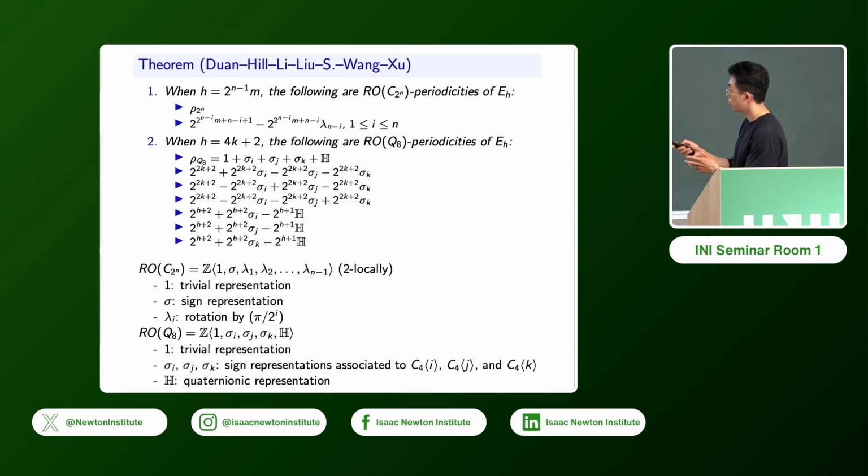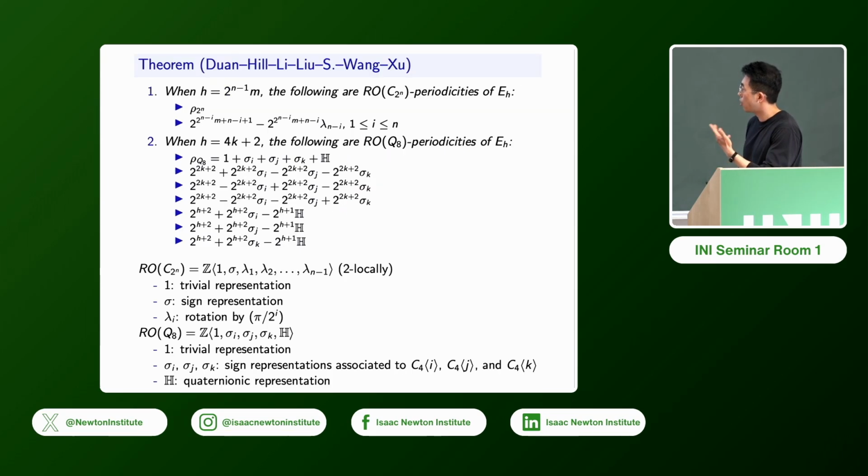And what do the symbols mean? RO(C2n) is generated by 1, the trivial one, sigma, the sign representation, and a bunch of rotation representations. And RO(Q8) is generated by 1, 3 sign representations associated to the 3 different C4 subgroups, so there's sigma I, sigma J, sigma K, and there's also a 4-dimensional quaternionic representation, that's H. Okay, so that's what all the symbols mean. And if you have all of these RO(G)-graded periodicities, you can combine them, and you would get the integer-graded periodicity as